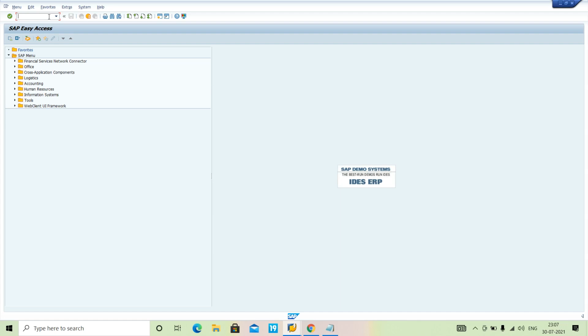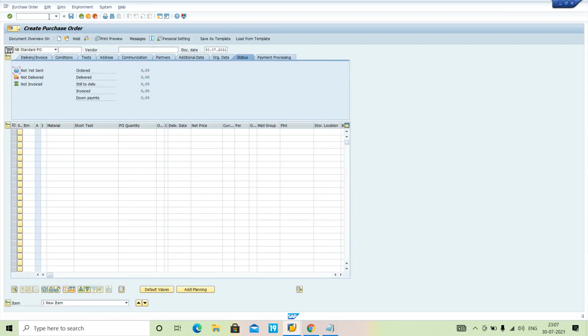First of all, as we know, we have the T-code ME21N to create a purchase order, right? For creating a purchase order, I have to insert the material code, the vendor, and the organization data. So let's start with the purchase organization data.